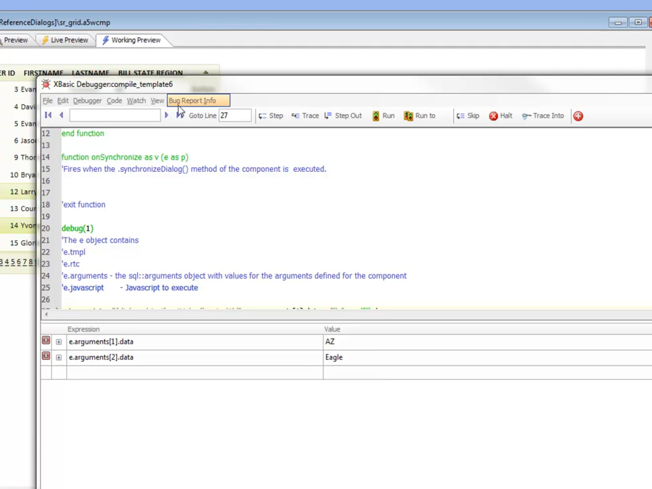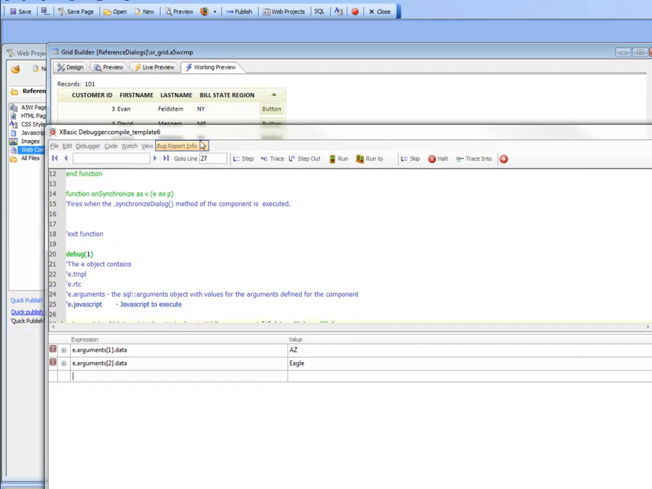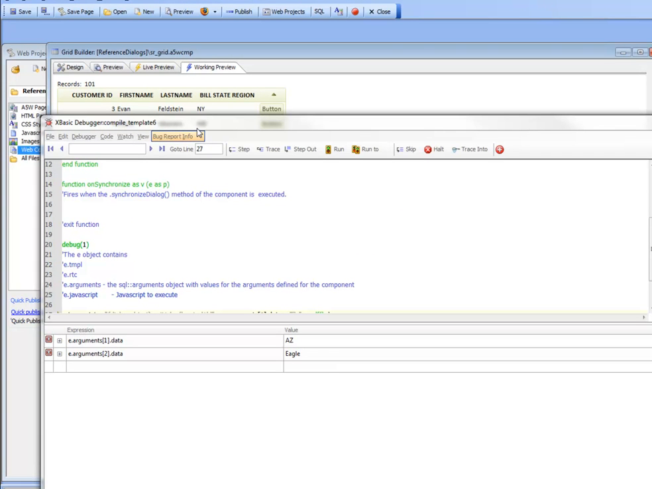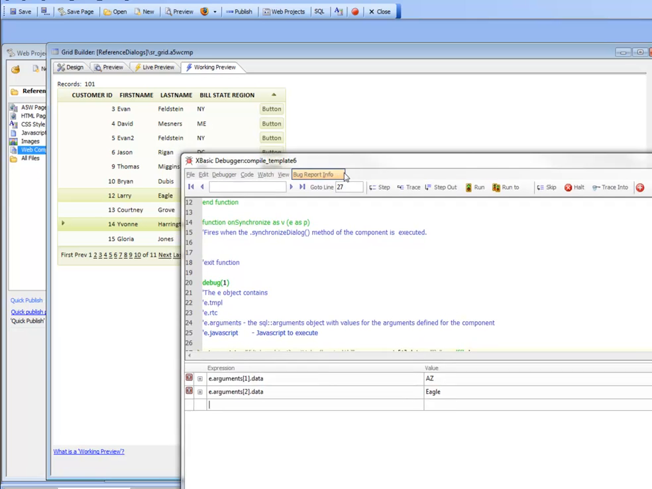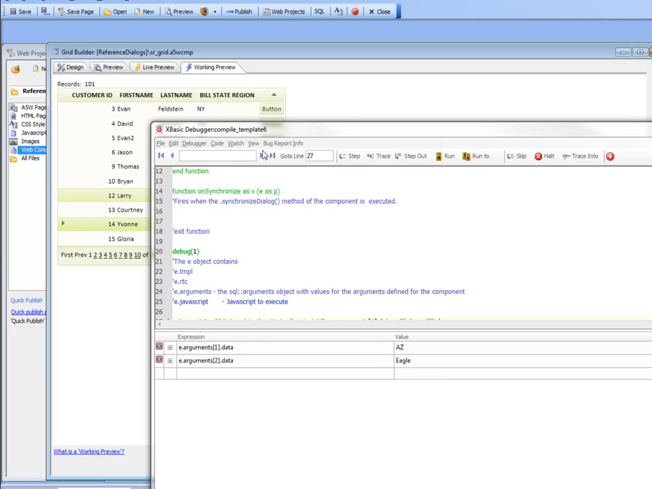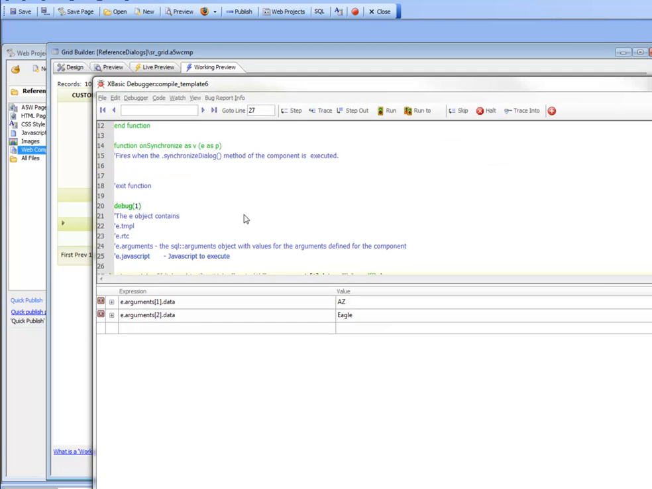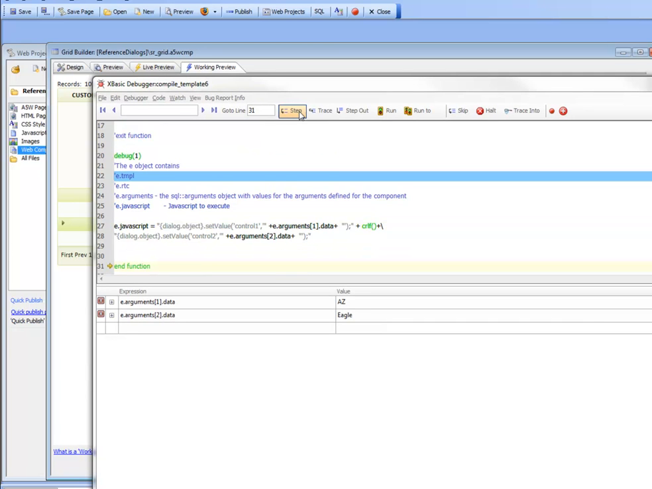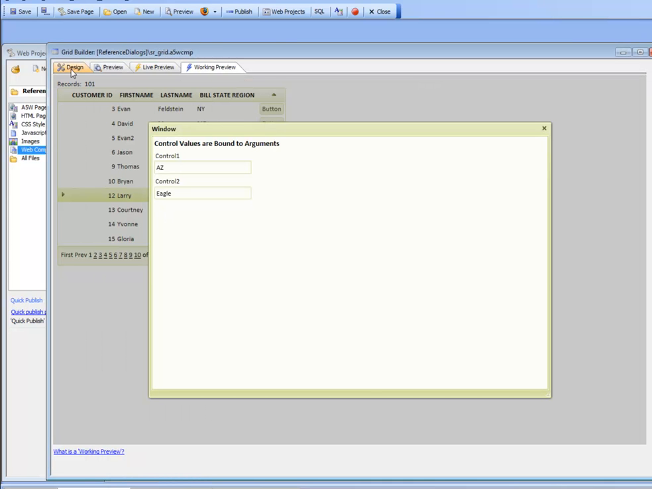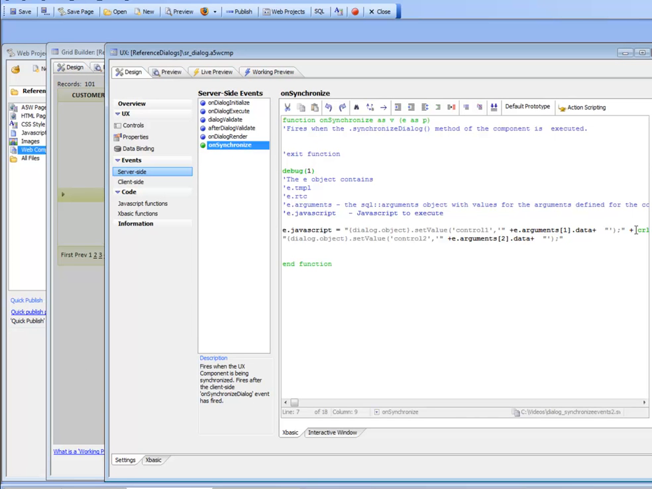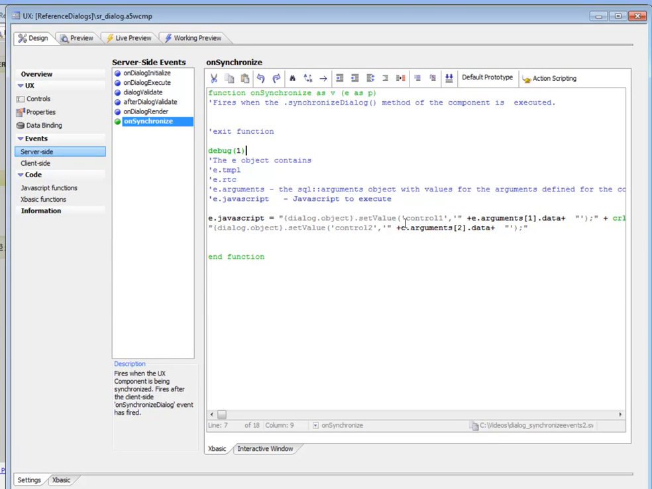When the dialog was initially opened, these two arguments were set to Evan Feldstein, so New York and Feldstein, because that was the original row that we clicked on to open the dialog for the very first time. But now that we're reopening the dialog, the synchronize event is firing, and it has automatically synchronized the arguments as well. So now that I have the new values in the arguments, my code can create the JavaScript necessary to update those two controls. If we look at the dialog here, the code that we executed was the Dialogs set value method, and we set the value to the value in argument 1